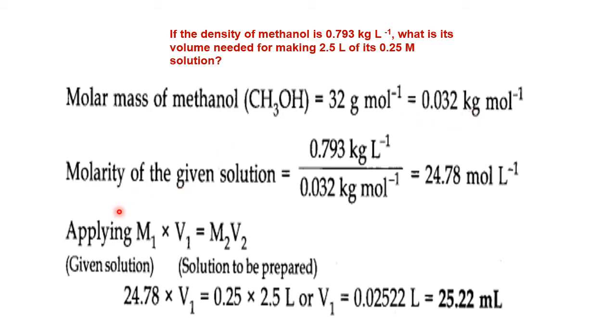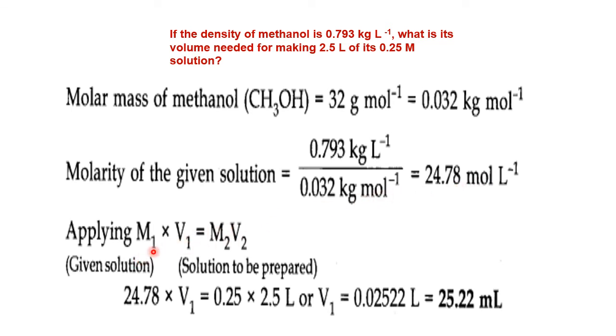Now, molarity of the solution. What is molarity? Number of moles by the volume of solution in liters. Already he has given kilogram per liter. Therefore, it is 0.793 kilogram per liter. Per liter is there already, so no need to convert to liters. Divided by 0.032 kilogram per mole, the kilogram gets cancelled. So what answer will we get? Mole per liter. So directly you will get the molarity here. So molarity equals what? 24.78 M, capital M.